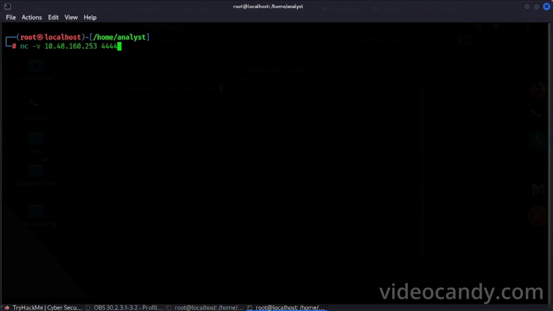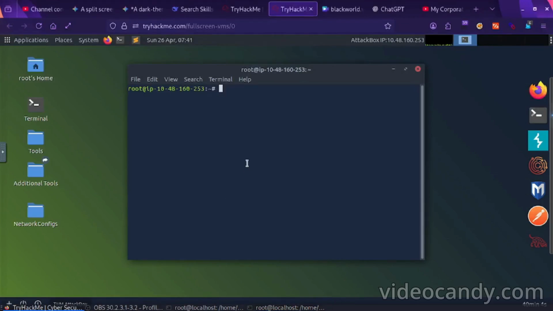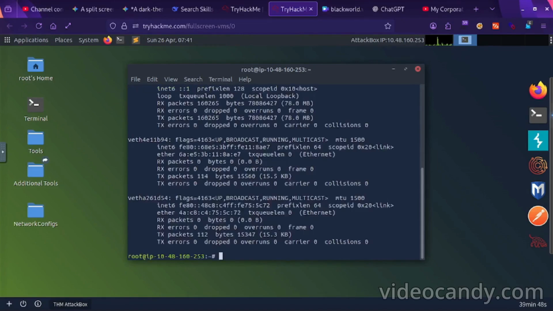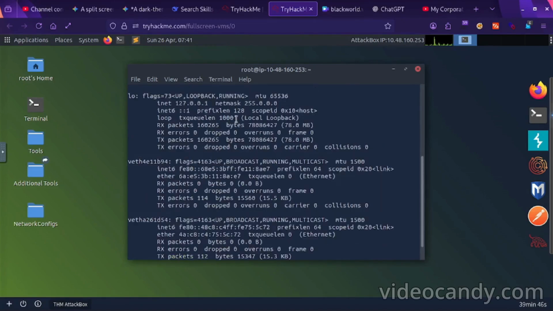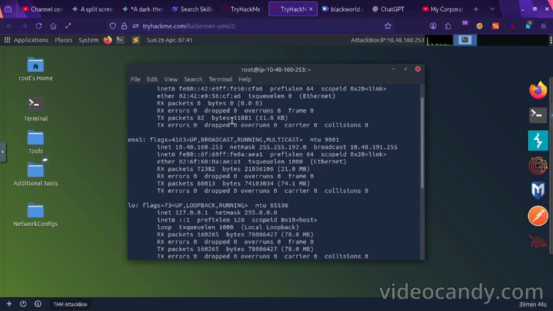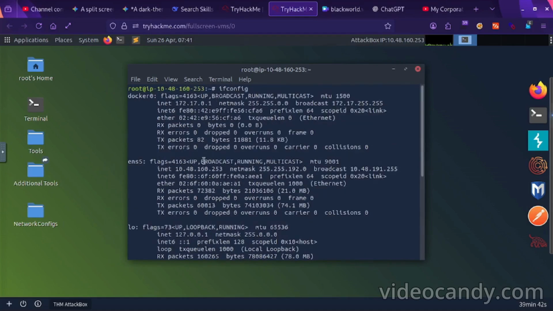We have to open a terminal on the attacker machine, and first we have to see what its IP is. ifconfig, and here is the IP.